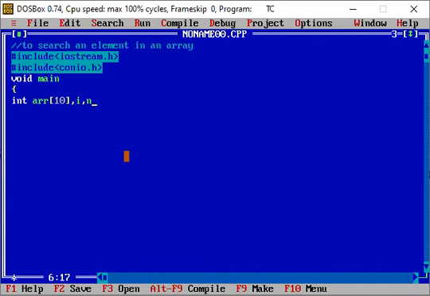I will be taking one num, n will be there, and a count variable, which I will initialize with a value 0. Fine. I also need to take one more variable, that is the position.